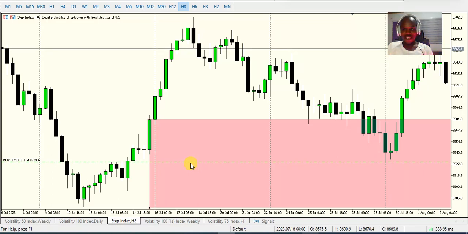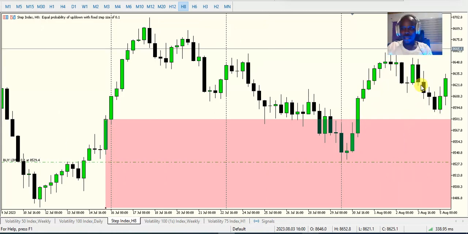Nevertheless, we don't run after the market. Whatever trades you place and it doesn't trigger doesn't mean that you should run after the market. Wait for another good opportunity to enter or execute a trade. For instance, if someone came and saw that their trade didn't trigger, and they begin to buy anywhere up in the sky,